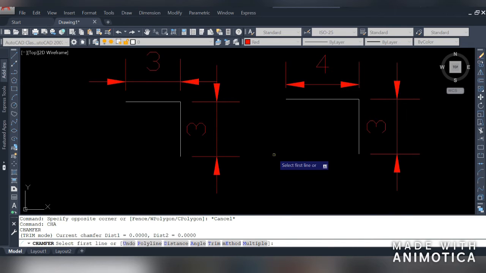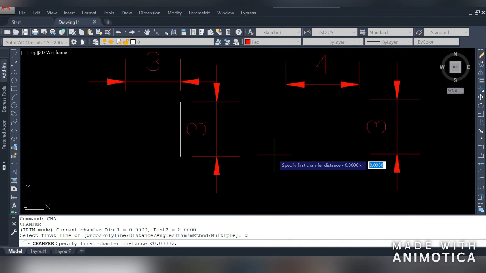So to choose the distance, press D and then press enter. Now we have to specify the first chamfer distance. Say 2 unit, press 2, then press enter. Now it's asking for the second chamfer distance. Say this is 1.5 and then press enter.